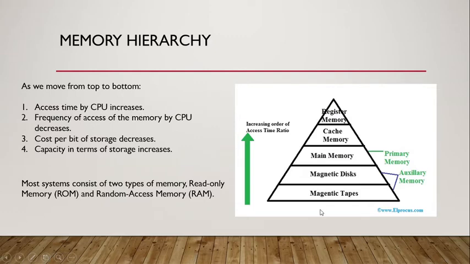So this is a memory hierarchy, and most systems are going to contain two types of basic memory, that is the read-only memory and the random access memory, ROM and RAM. So in this section we will be seeing only what is RAM, what is ROM, and what are its classifications. We are not going to discuss these external memories. So we will see now what is ROM, RAM and its classifications, as all systems consist of at least basically these two types of memory.